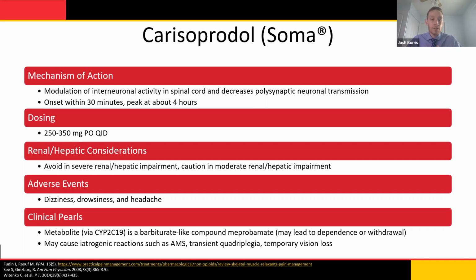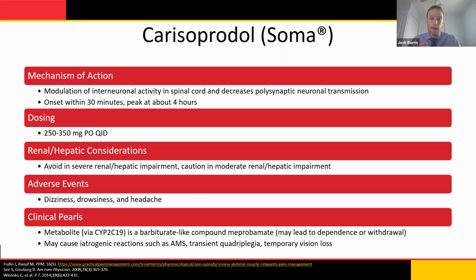So carisoprodol itself is thought to have a half-life of about 2 hours, but it has this metabolite, which you can see under the first bullet of clinical pearls, that's a barbiturate-like compound, meprobamate, and that has a half-life of about 10 hours. So they're really different in how long they last in the body and their peak effects, because carisoprodol peaks in about 1.5 hours, but meprobamate peaks in about 4 hours. So we need to be really careful in patients because they're getting both of these